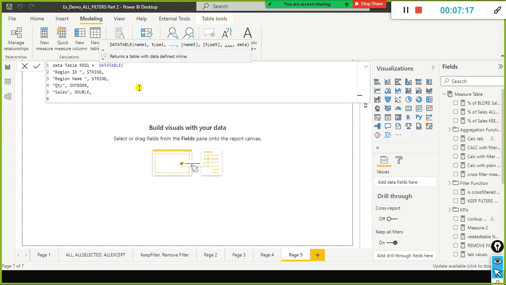I'm going to continue this one. So here within this curly braces I'm going to say RE01, and I'm going to say east region. See, the first one is the region ID, the second one is the region name, and the next one is